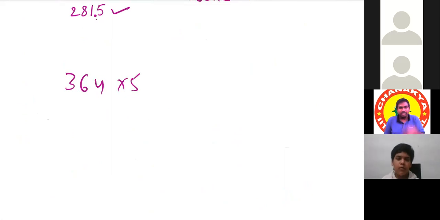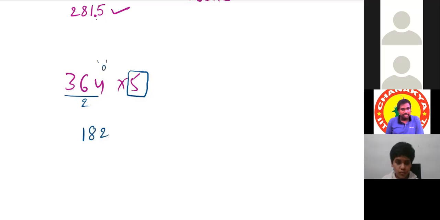Yes, sir. See, here I don't do multiplication by 5 directly. I'll divide this number by 2. I'll divide it by half. So 2 ones are 2 and 16. 2 8s are 16. 2 2s are 4. 1820. Any remainder? What is the remainder? 0 is the remainder, means we have to write the last digit as 0. 1820. That's all. Okay, sir, understood.